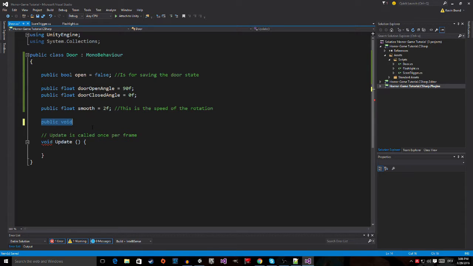This sounds complicated now, but it's actually a pretty cool thing, because later on we're going to make a script called the interaction script, and this interaction script would check if we are looking at the door, and if we do and press a key, this method will be called, and because it's public it can be called, and then the door will open. So this public void is going to be called change door state,